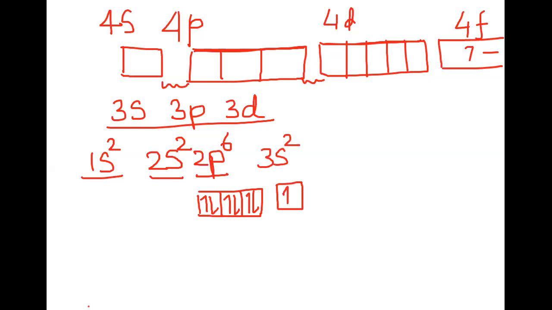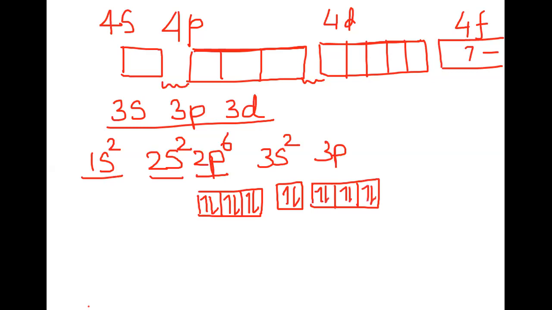One electron will enter here, and then the next electron will enter here. So that's it. But when you come to 3p, again the same thing will happen. You have three orbitals. The first electron is going to occupy singly, and then the pairing will start. All right. So this is how it goes.